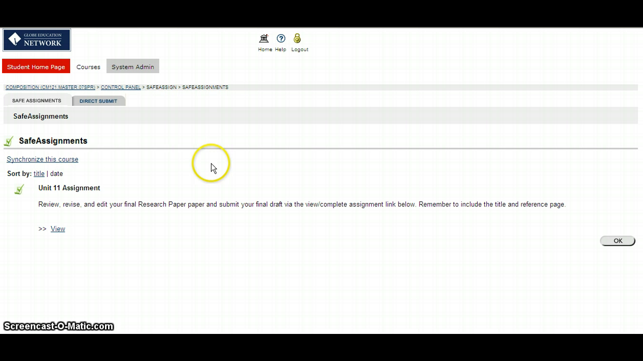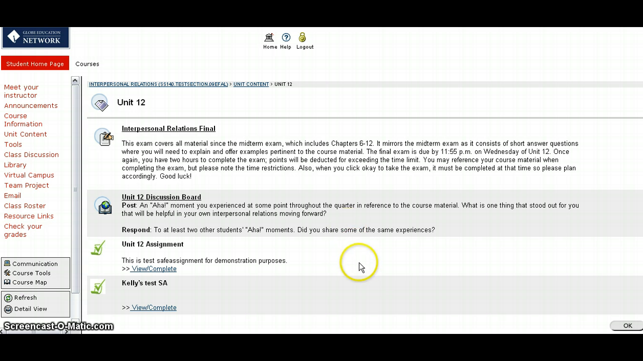Just from your end, if you're wondering what a student sees when they go to submit a SafeAssignment, on this page I'm logged in as a student and I'm ready to submit my assignment, and you'll see that the icon is a little bit different for a SafeAssignment. It's this green check mark instead of the usual icon, but the process is still the same. So students will click on View Complete,